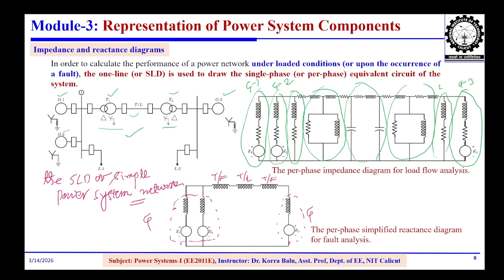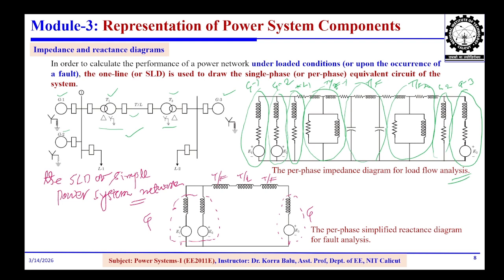This is the equivalent circuit of load 2. This is transformer 2. And this is the transmission line, this is transformer 1, and this is the equivalent circuit of load 1. So after this we will see the simplification of the given per phase impedance diagram for the load flow analysis. So here we can consider the shunt